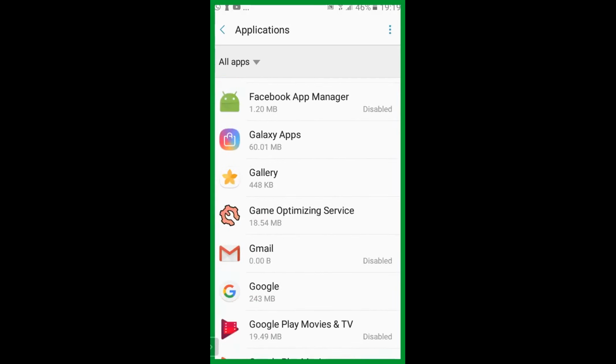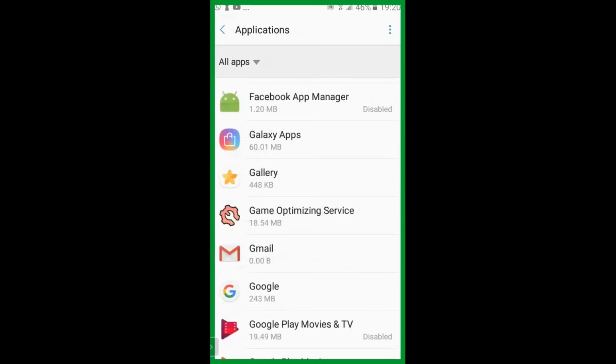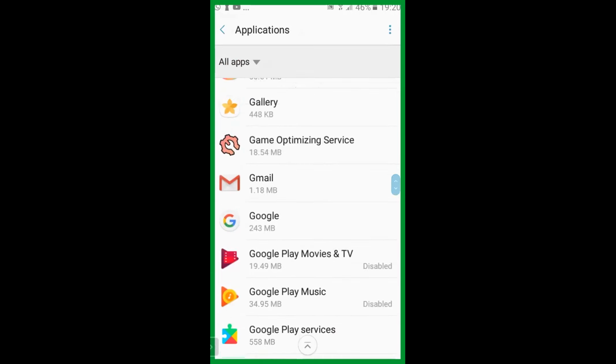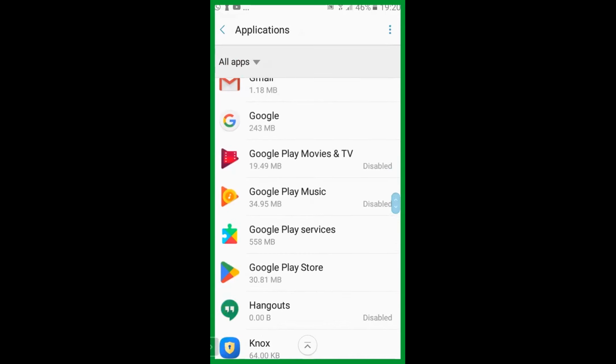Gmail for an example. It's disabled, right? So okay, no, go back, then move down further. Knox, can you go to that application, Knox?